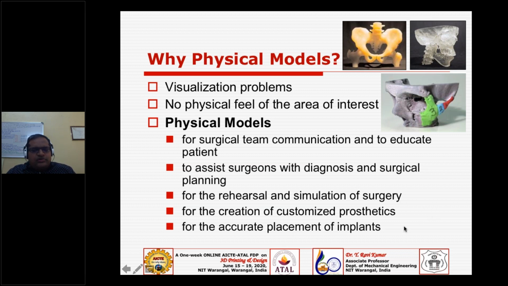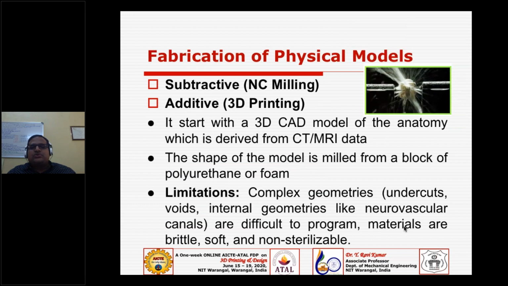So you're not working with the standard sized implants, as they normally used to do, but you have an opportunity here in terms of 3D printing. So you can customize your implants, or you can customize your prosthetics, and you can simulate the surgery, rehearse the surgery, plan the surgery, have the prerequisites of the surgery, and then you can perform the surgery with 100% confidence levels, and we can reduce the operating time. So like that, we can say several advantages of these procedures once you incorporate them in the medical applications.